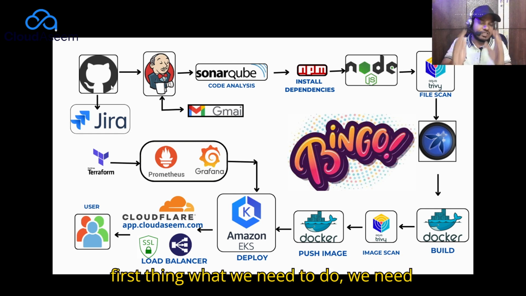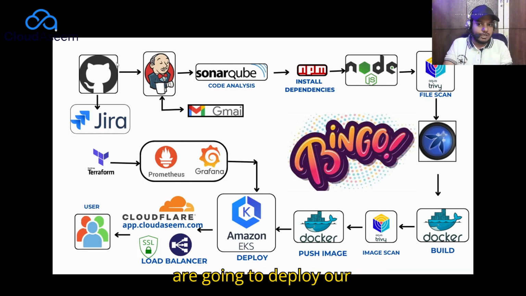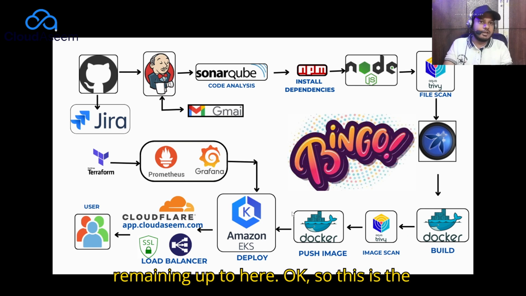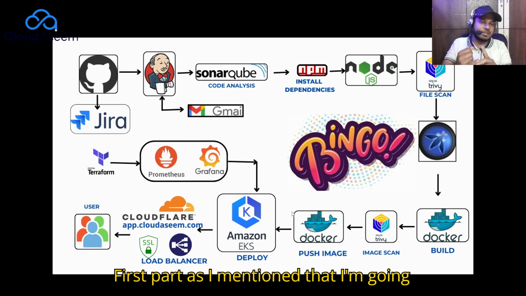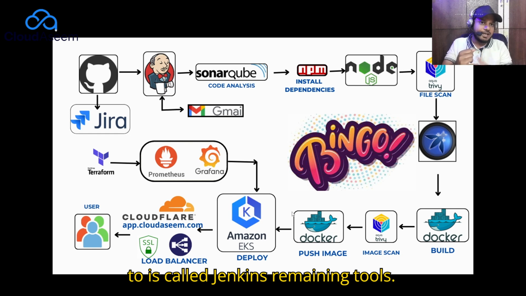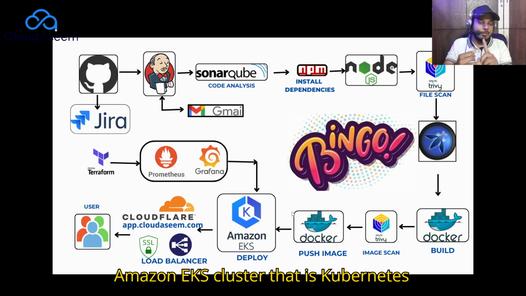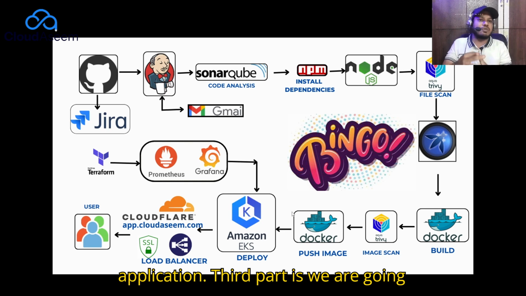Okay, so the first thing we need to do is create the infrastructure on which we are going to deploy Jenkins, SonarQube, Trivy, and all the remaining tools. This video has three parts. In the first part, as I mentioned, I'm going to install Jenkins and the remaining tools. In the second part, I'm going to configure an Amazon EKS cluster, that is a Kubernetes cluster, on which I'm going to deploy our application. The third part is we are going to